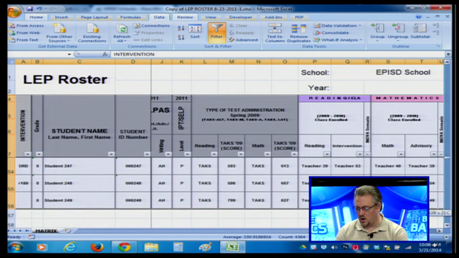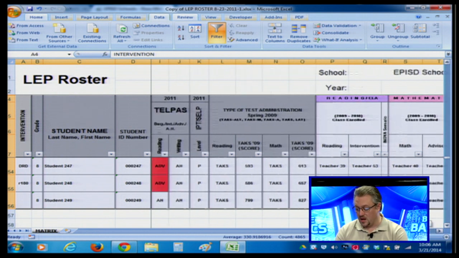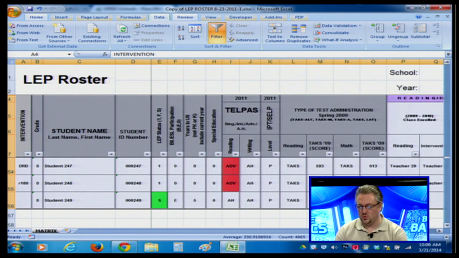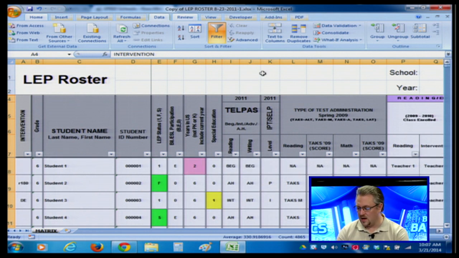Don't just select a single column or a single row because it will only sort that particular column. So you don't want to have the students alphabetized because you selected just the student names, but then all of the data switches which student it belongs to because you didn't have everything selected. So sorting is something you want to be very careful when you're using to make sure you've selected everyone. So I'm going to select everything here, and now that I have everything selected, I'm going to go ahead and choose Sort,